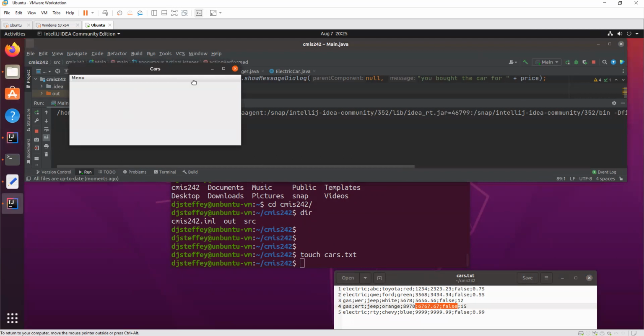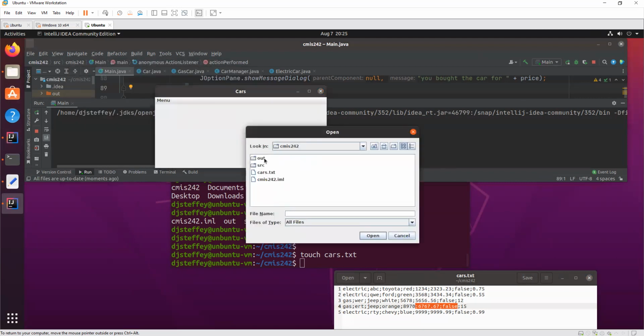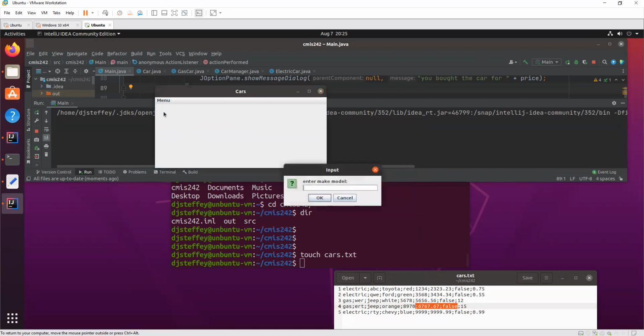What's going to happen? Let's load them in. Let's look at our Jeeps. And right now they're both false. They both say they have not been sold. Why is that? That's because we closed the program and we started the program again. So the last time we ran the program, we loaded the file, and then in memory, we changed that the Jeep was sold, right? But then we closed the program.